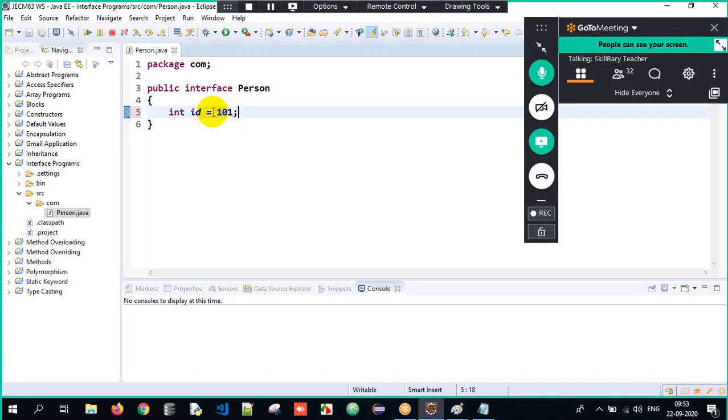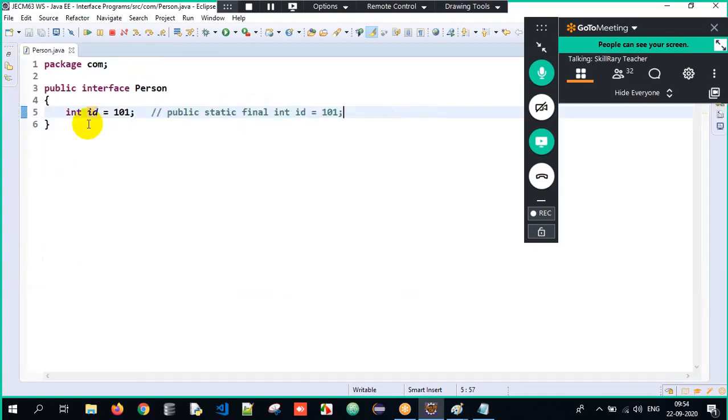But since this variable is declared and initialized in an interface, it is automatically public static final int id equals 101. This is how it looks internally. You might have written int id equals 101, that's it, but it is automatically public, static and final.